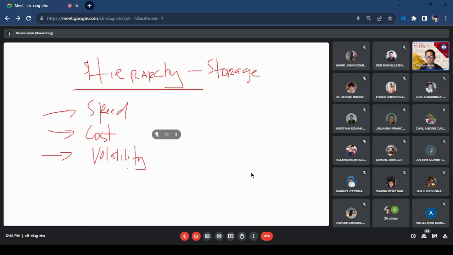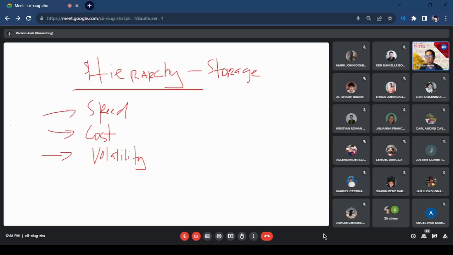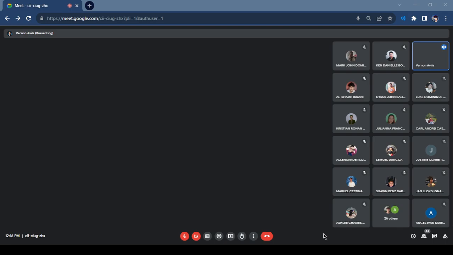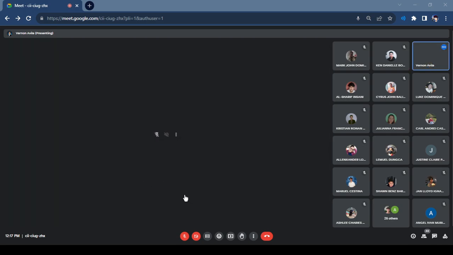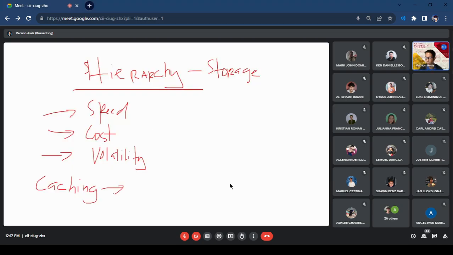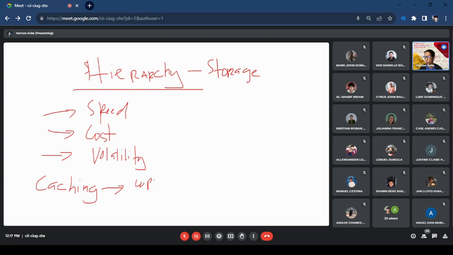So sabi ko kanina, sir, ba't hindi na lang ilagay dun sa RAM para mas diretso na siya? Yung accessibility niya mas mabilis. Okay. Now, papasok dito yung storage device hierarchy natin. But before we proceed with the storage hierarchy, one of the benefits kung bakit hiwalay yung RAM dun sa memory is because the idea here is what we call caching. Ano ba ito? Caching is basically copying information